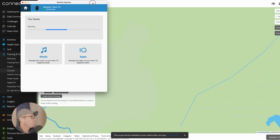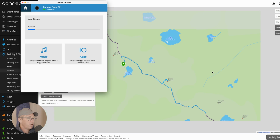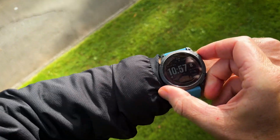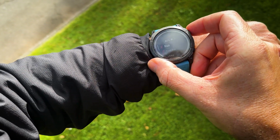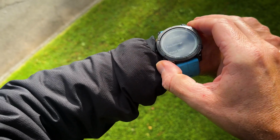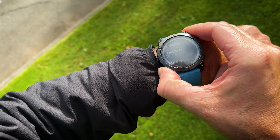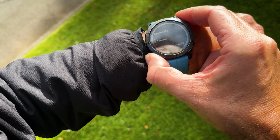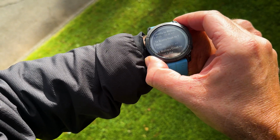Garmin Express will open, and that will sync that across to my device. Bang, sync complete. It's now in the watch. If I go to start a run, I'll click to do a run or a hike, whatever I want to do, and then I will go to run. Then I will click on the middle button, hold that in, go down past run settings, power mode, training, navigation, go to navigation, go down to courses, and then